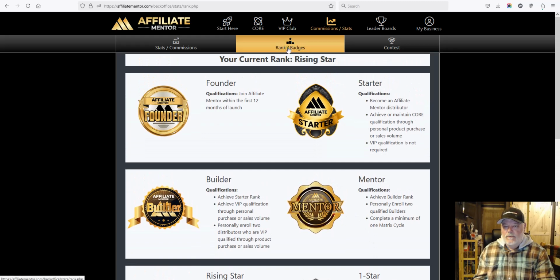If you want to get to the rank and badges to see them, you're basically in the top menu. There's always another menu underneath when you click on any of these top menus. So you click on commissions and stats, then you click on rank and badges. But the other one I want you to be aware of is contest, because they've launched a